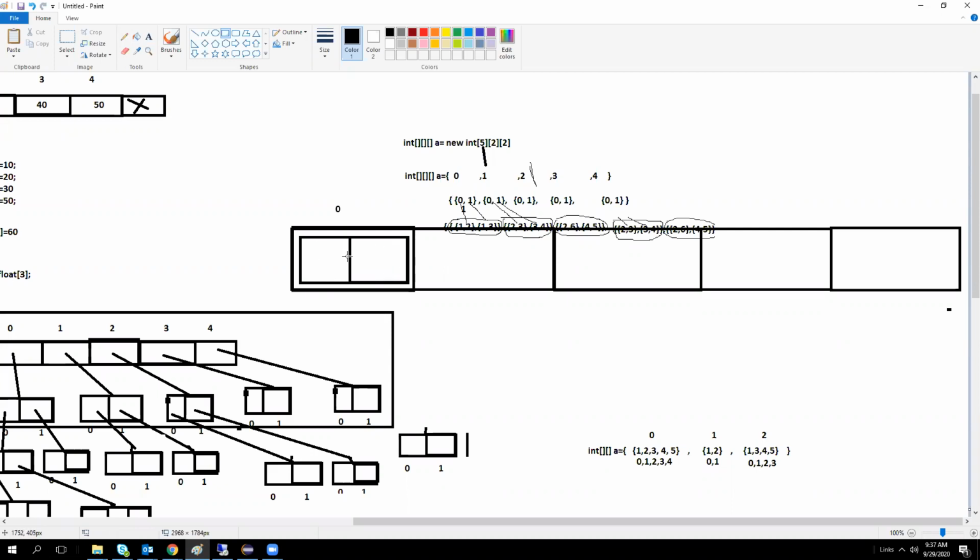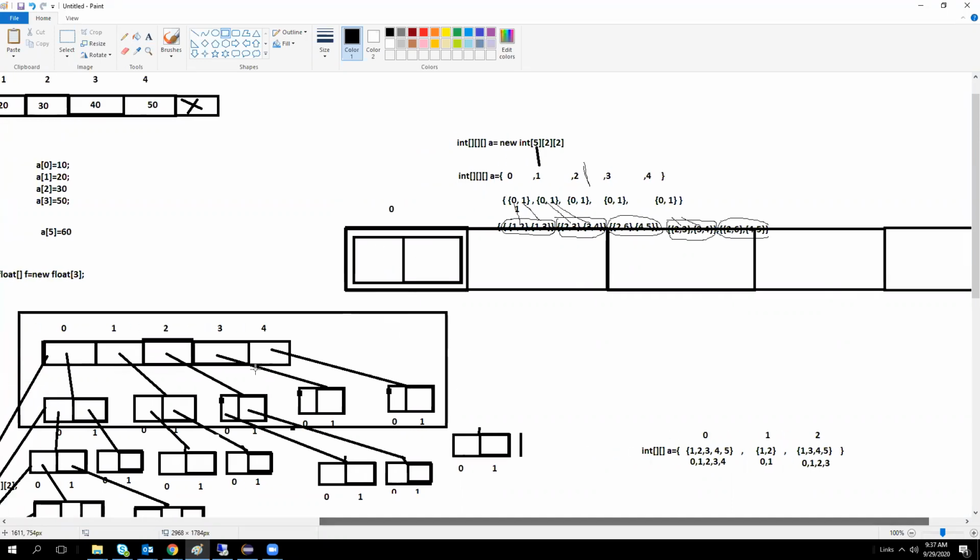Yes, inside that particular 5 box. Actually, in a single dimensional array, we directly assign the value. But here we are giving a group of elements. This 2 represents that at each index we again have 2 elements. We can store 2 more elements.